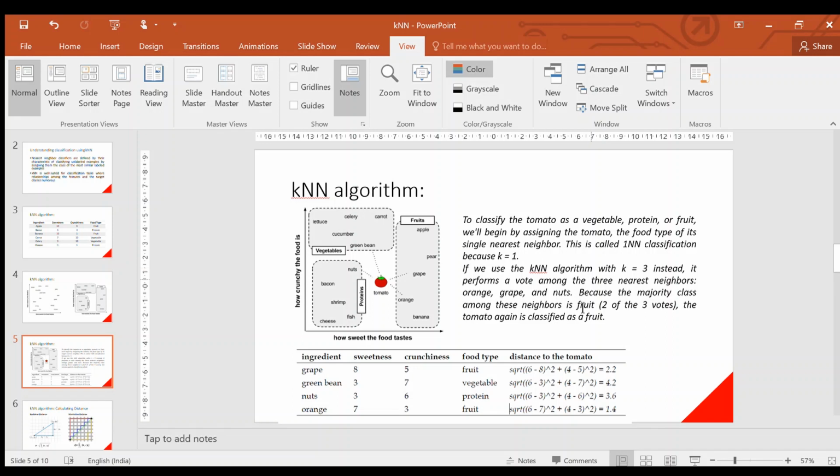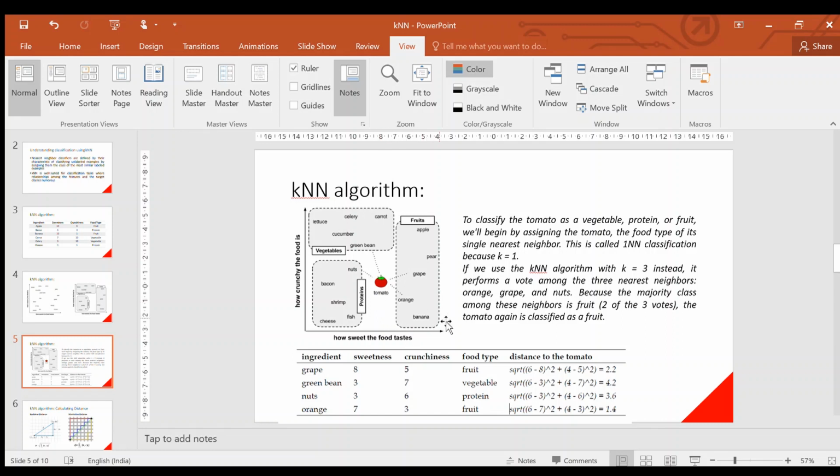Whenever we increase the k value beyond 1, suppose we take 3, that means before labeling the tomato we would consider the 3 nearest neighbors, and whichever type of neighbor is the most common, we would label the tomato with that particular label.